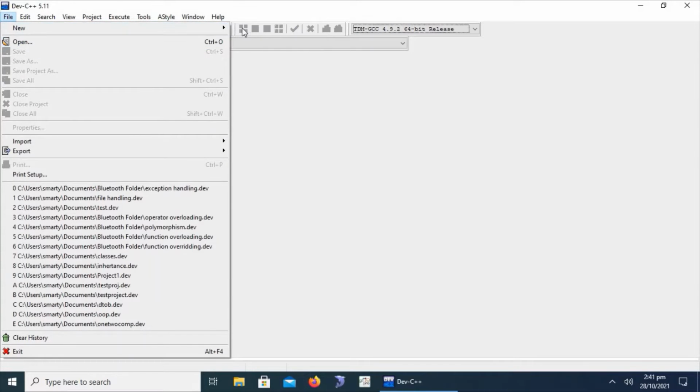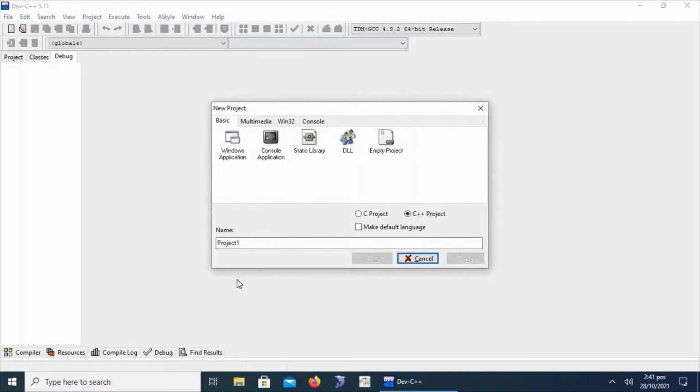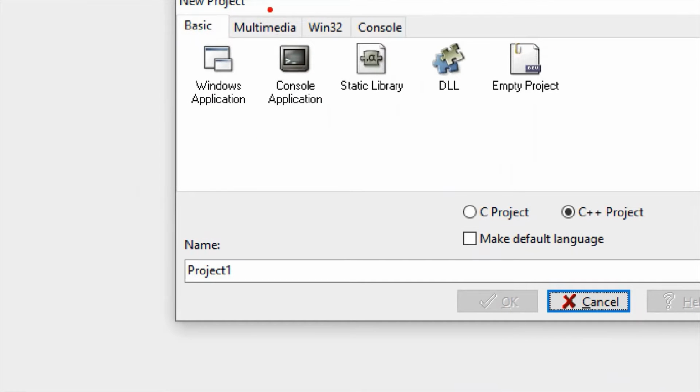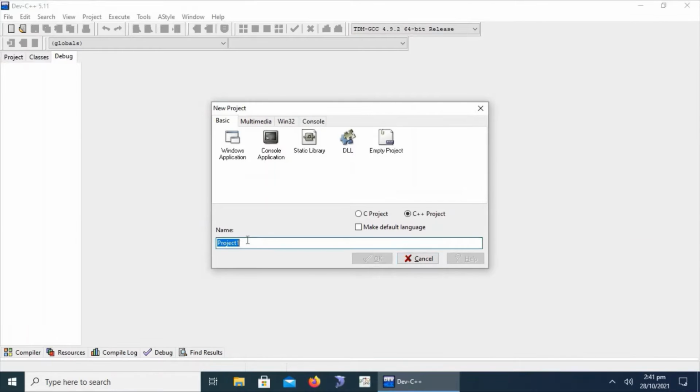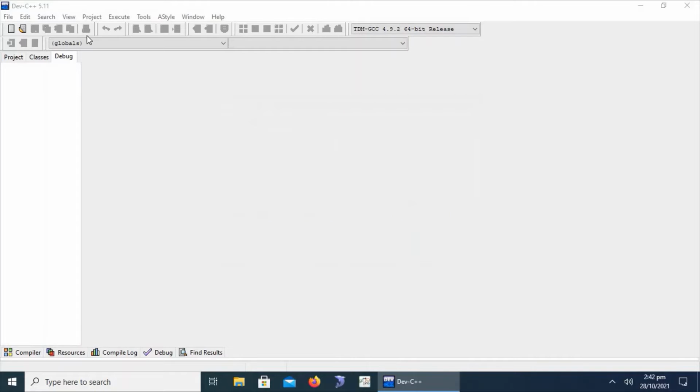So let's start by creating a new project. As multiple times we have discussed before, we can create project in Dev C++ by selecting console application C++ project, typing here project name, and finally we have to click on OK. The default project structure will be written in the Dev C++, new file created for the C++. So we are writing here friend function example. Select here console application, click on OK.